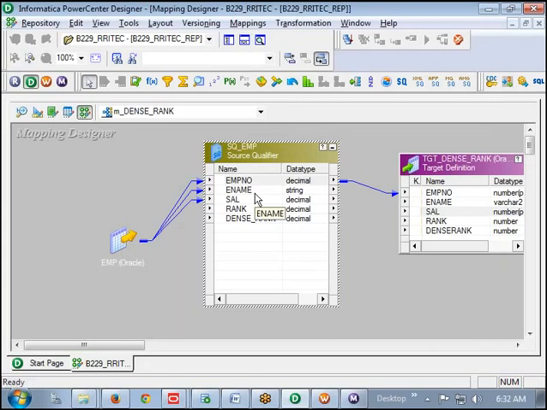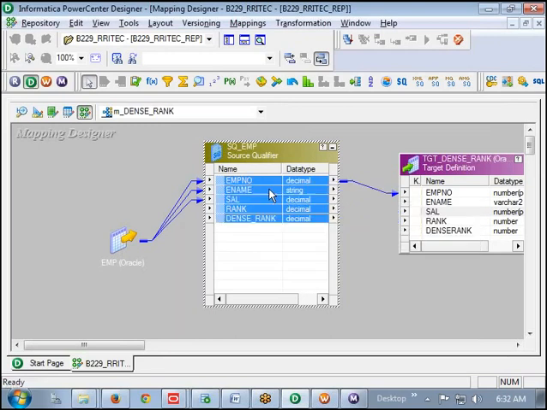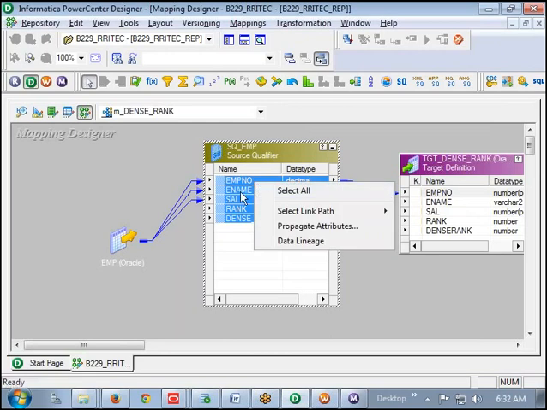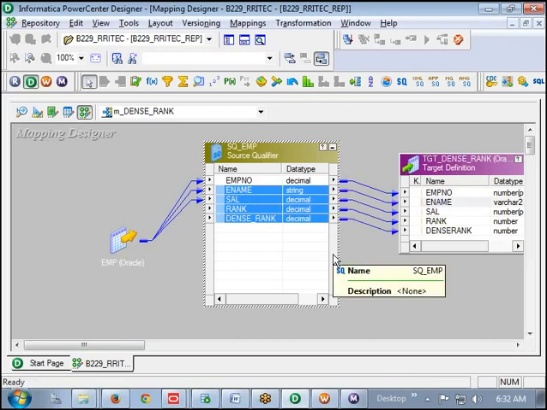Not one column, all the columns try to connect it. Employee number already connected. Go to the employee name to employee name. Excellent. Now go to the source qualifier and try to validate it.